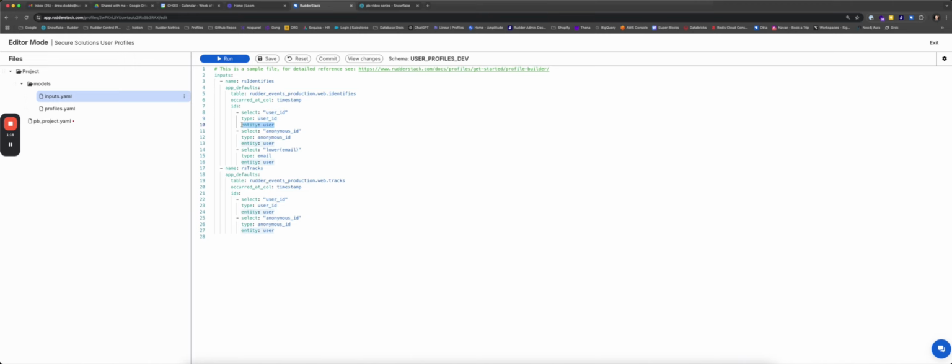Let's define a couple inputs here that represent event tables coming from our marketing website. I will define an input called RS Marketing Pages and input our source table, which is Marketing Website Pages. We will select the column called Anonymous ID, map that to our Anonymous ID type, and then connect this to our user entity. I will then define another input called RS Marketing Identifies and provide the warehouse table Marketing Website